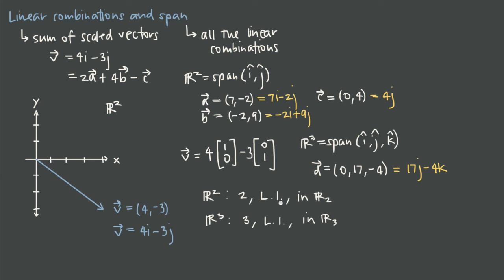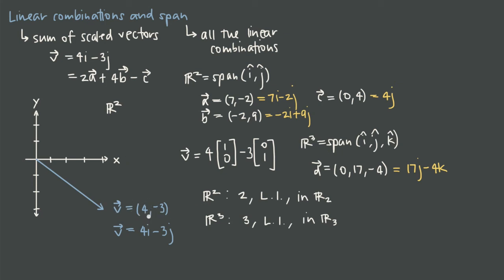And in the next couple lessons, we're going to talk a lot more about linear independence in both 2 dimensions and linear independence in 3 dimensions. But for now, the general idea is that in R2, if the two vectors are linearly independent, they can't lie along the same line. And this should make sense to us because let's say that in 2-dimensional space here in